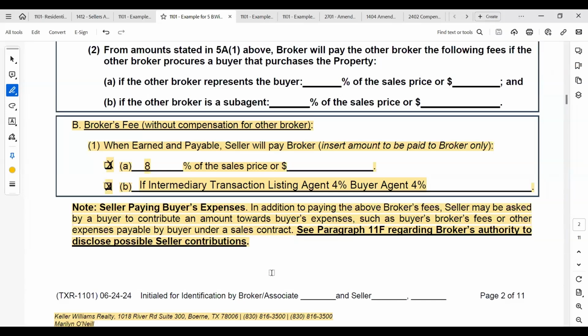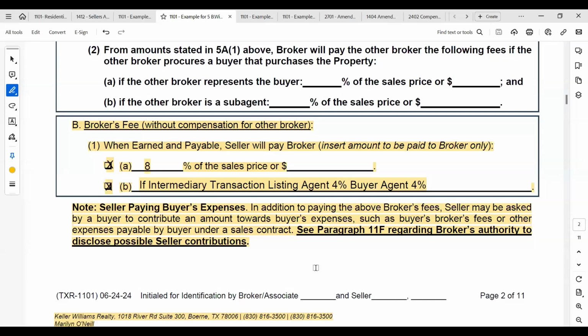Marilyn, I have a question. This is Lisa Rigdon. I've had before where maybe a builder says, I'll pay the full 8% in your example if it has an agent on the other side, but if it's intermediary and/or unrepresented, then I want to pay you only 5%. In that case, he's allowing you to give third-party brokers, but it affects the intermediary. Would you then use maybe section A in that example to